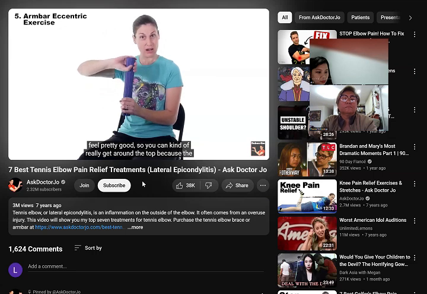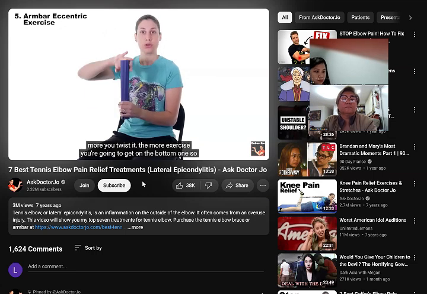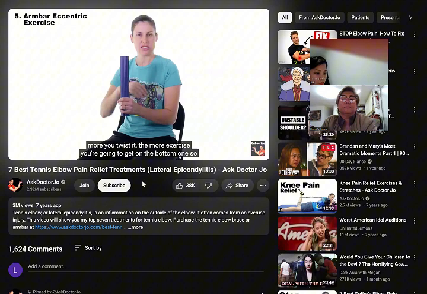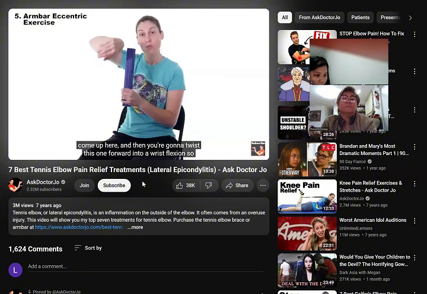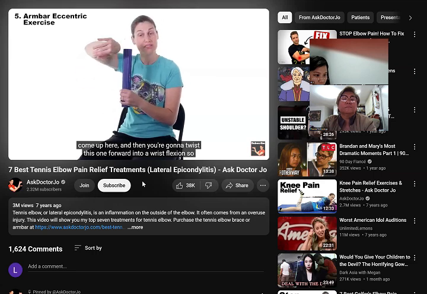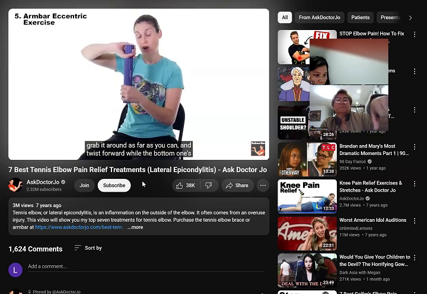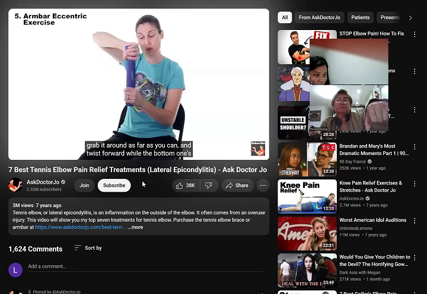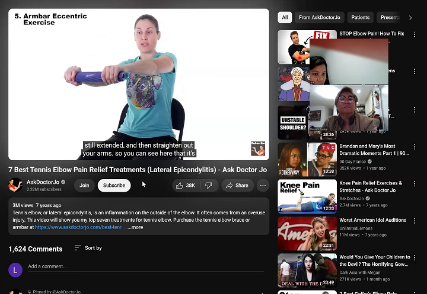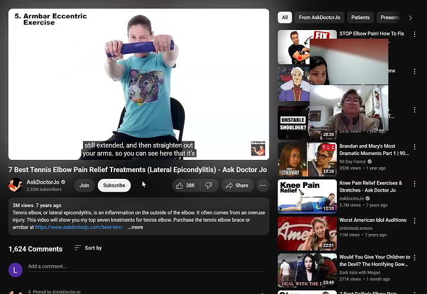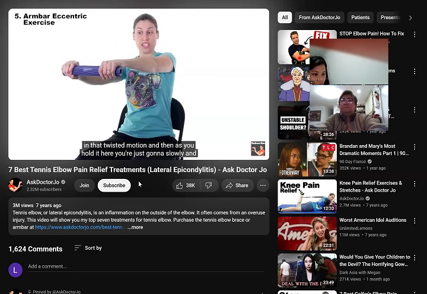You can get around the top, because the more you twist it, the more exercise you're going to get on the bottom one. Then you twist this one forward into a wrist flexion. Grab it around as far as you can and twist forward while the bottom one's still extended, and then straighten out your arms. You can see here that it's in that twisted motion.